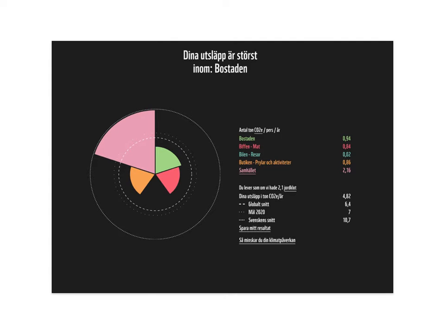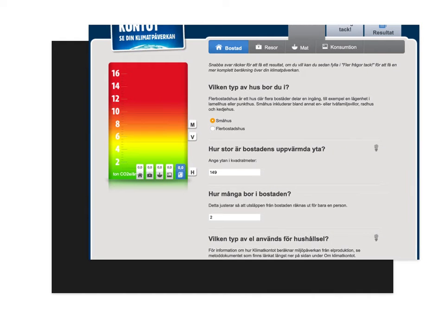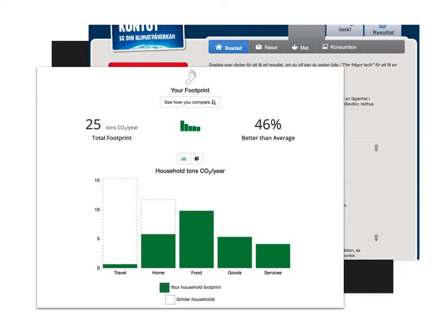It's the World Wildlife Foundation. This is a Swedish one, Climate Account, it's called. And this is yet another one. So, just briefly, common features today are visualization of the actual footprint, comparisons to different averages, tips and pledges, groups, as well as options for carbon offsetting. All of these features can be related back to intervention techniques from behavioral psychology.